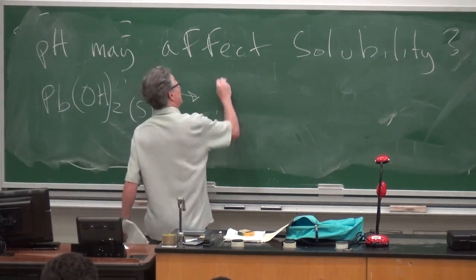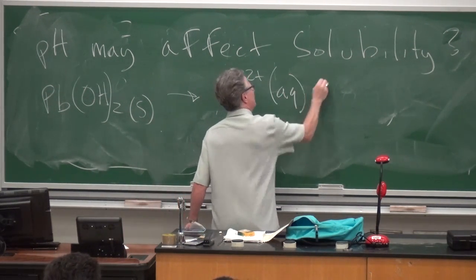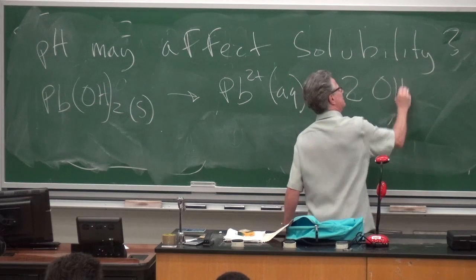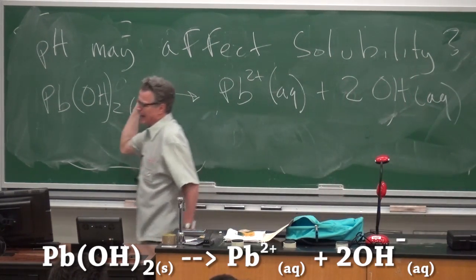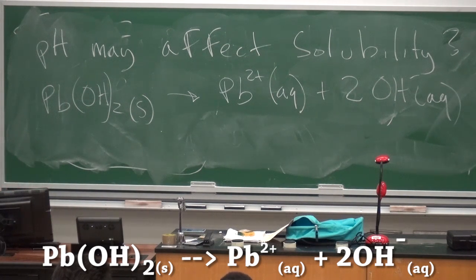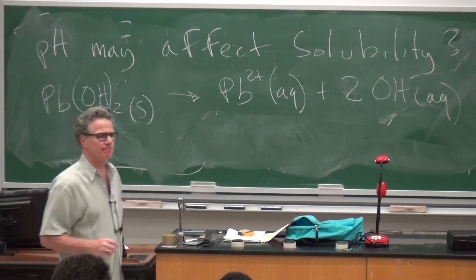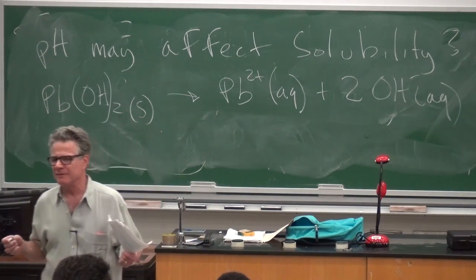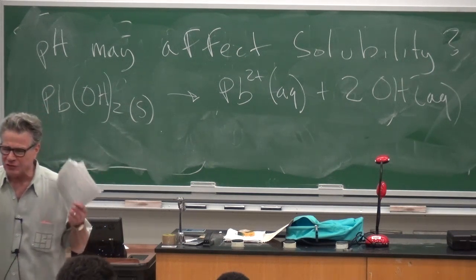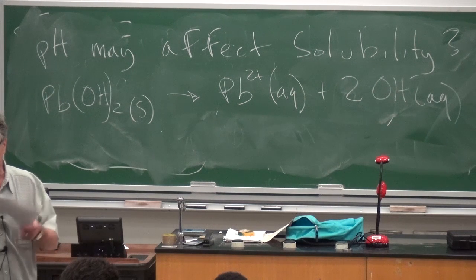So we get a little bit of this, and a little bit of this. And so if I had the KSP, I could calculate the solubility of that salt. Now what if I had that solution at equilibrium, I'm dissolving that salt in pure water, nothing tricky,